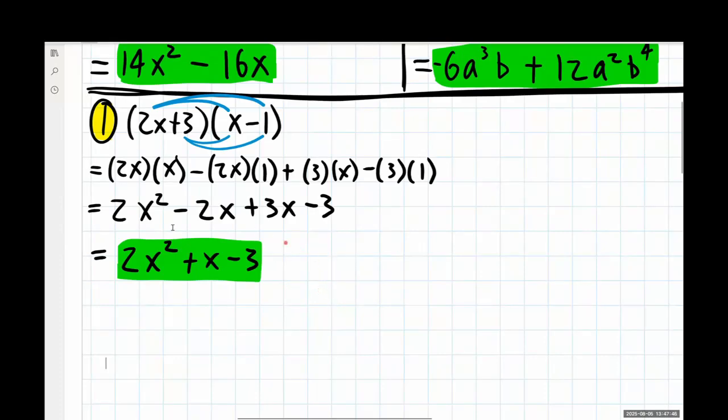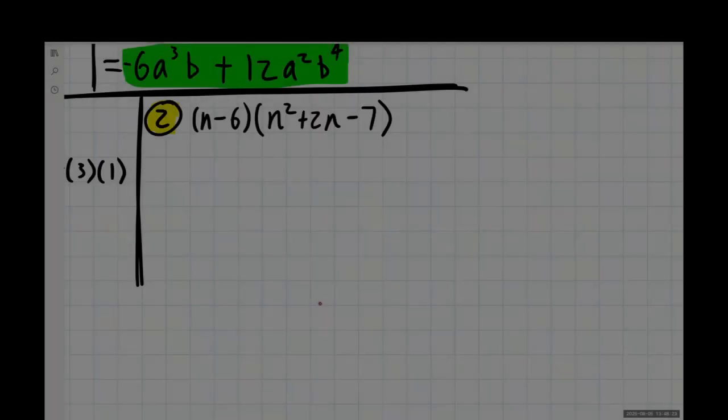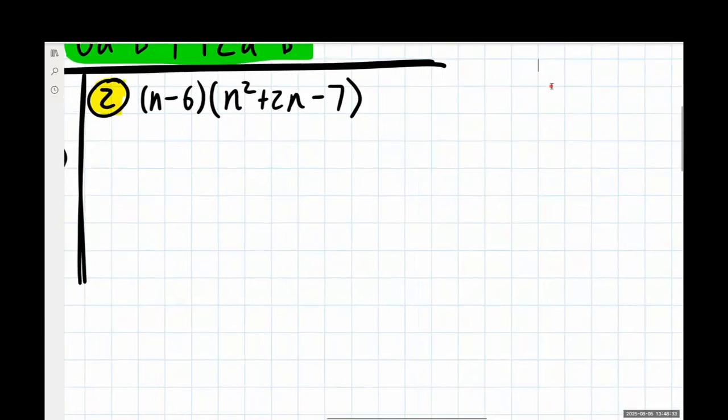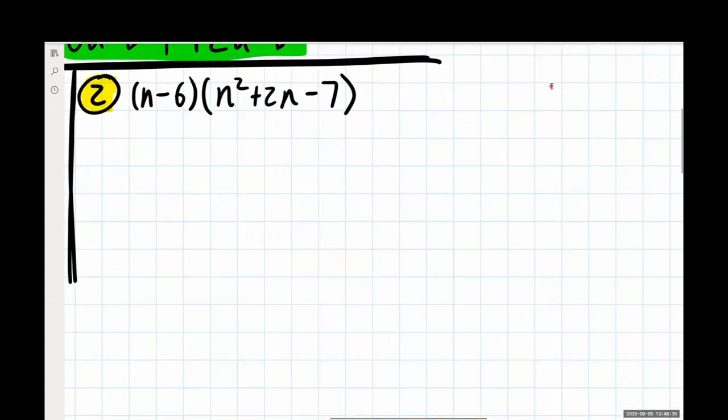But otherwise, that is our first example, just using the distributive property, taking it slow and steady, writing everything out, keeping everything nice, neat, and organized. I think all of those small little things add up to make these much easier. Okay, looking at our second example, we have more things that are showing up, so more stuff that we're going to have to do and write out potentially. Just going to have to bite the bullet on it and go through it.